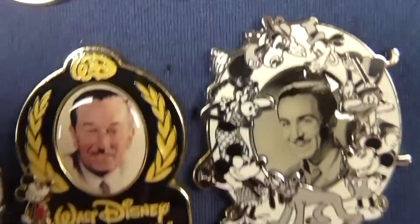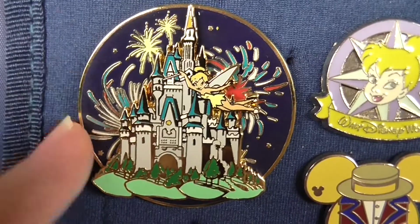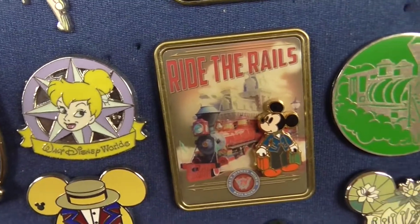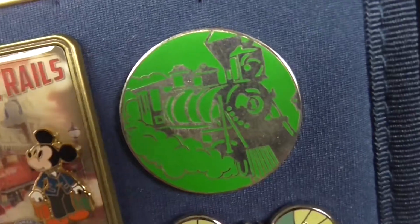Horse Collar, and Clarabelle Cow. And now we're onto the parks-themed pins. This one's nice, with the fireworks. Some Tink ones here. This Ride the Rails one is great, as is this one of the